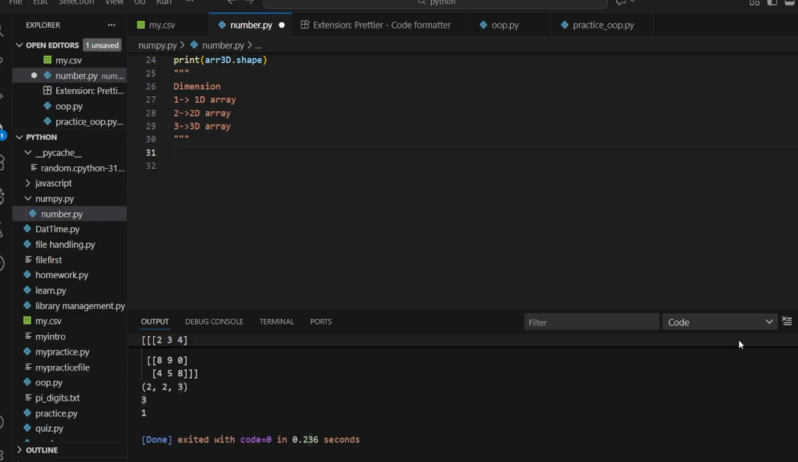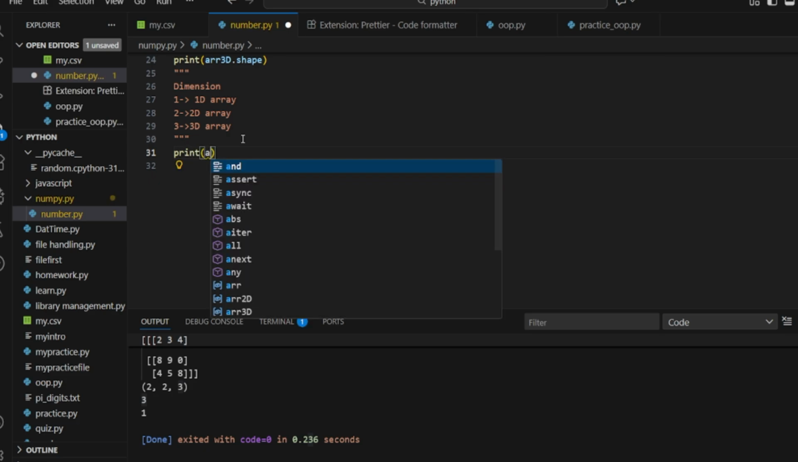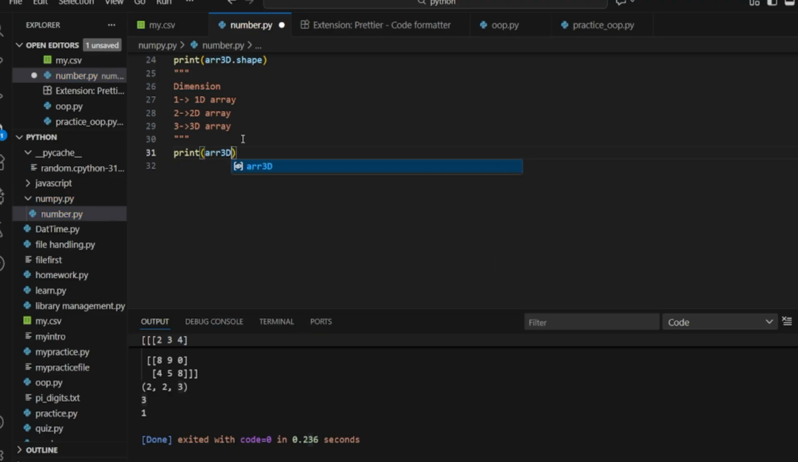Now let's understand one most important property of NumPy arrays: number of dimensions. How can we print the number of dimensions it has? For this we just write print and the name of the array, and then .ndim, and save this. And when I run this program,